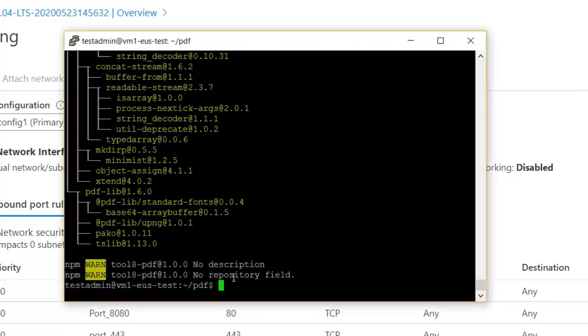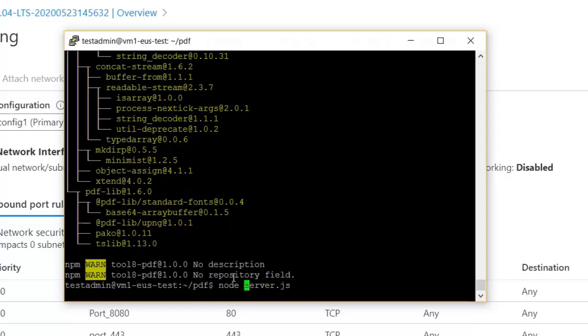And guys, finally you can run your application using the command node server.js. Okay, so please don't forget to put a space between node and server.js, and then click enter.